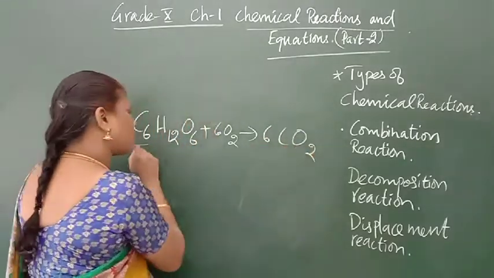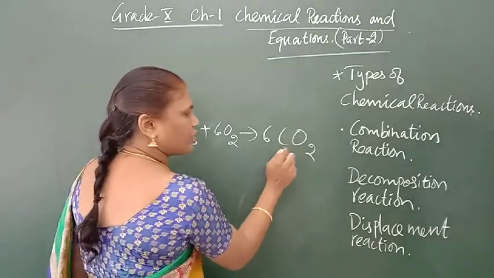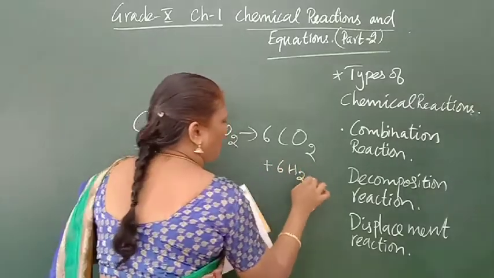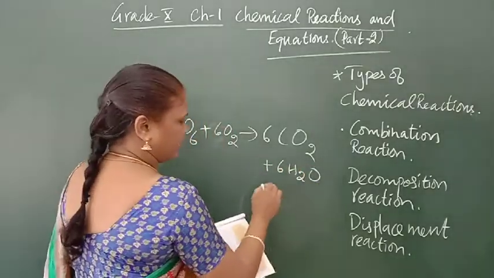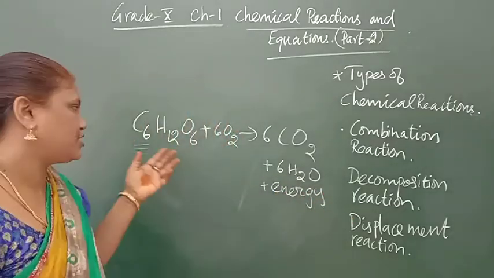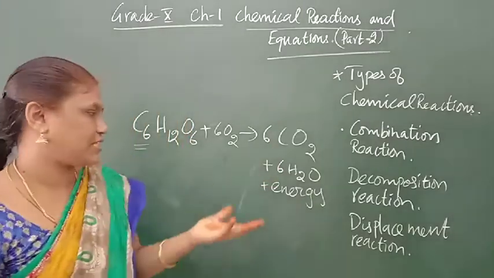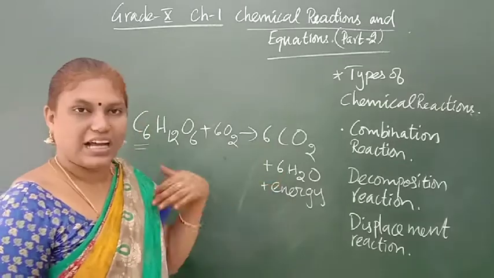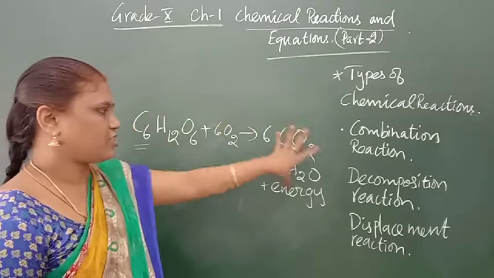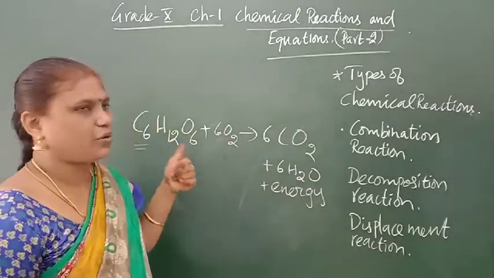When it undergoes combustion, it gives carbon dioxide, and since hydrogen is present, it gives water as well as heat energy. So the food we consume is carbohydrate. When it reacts with oxygen, these products come out. When we exhale, what is that? Carbon dioxide. Heat and water are given out. Energy is also given out, and this energy is converted into another form of energy. This is also an example of a combination reaction. Now you said only one product.